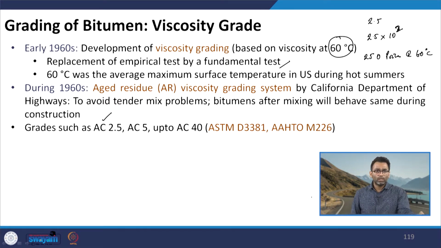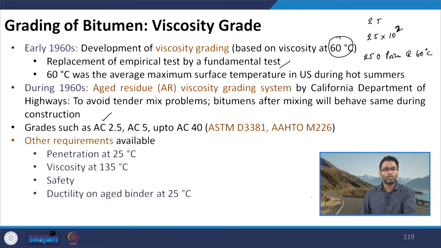In addition, in this grading system, in addition to the viscosity of the binder, there are several other tests which were conducted, such as penetration at 25 degrees Celsius. So, this can control the consistency at the intermediate temperature range. Viscosity at 60 degrees Celsius can control the consistency at the average maximum temperature range, whereas viscosity at 135 degrees Celsius will control the consistency at higher temperatures. So, since 3 temperatures are used to control the consistency, we have more control over the temperature susceptibility of different